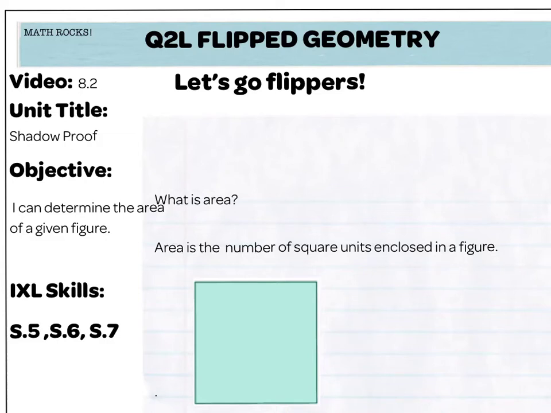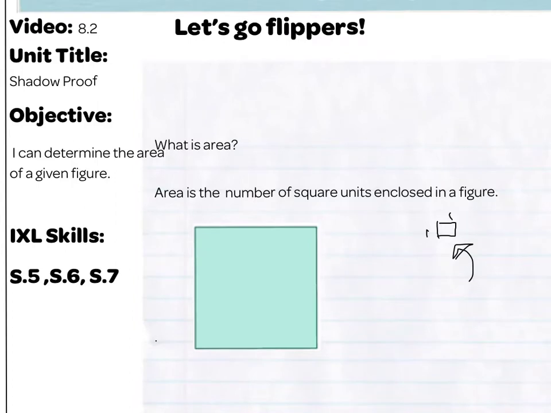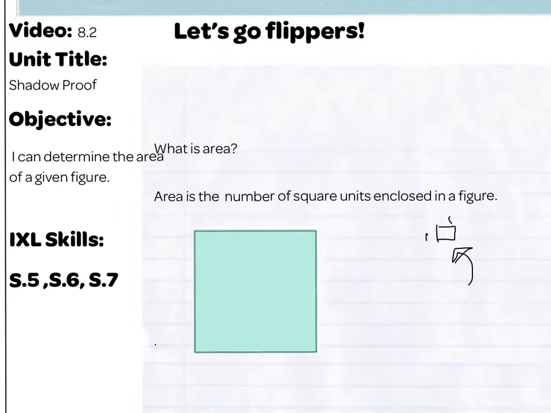And by the idea of square units, I mean if I have a square, okay, that's 1 by 1, I'm looking for how many of these 1 by 1 squares can fit inside of any figure. So let's actually look at this square here, okay? So let's say we have a 1 by 1 square. And we want to know what the area is of the figure to the left. So the area of this figure, if this is a 4 by 4